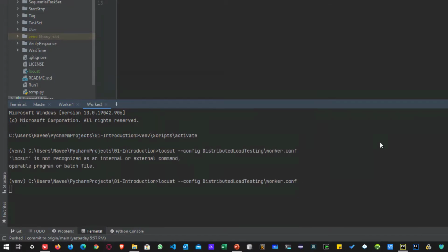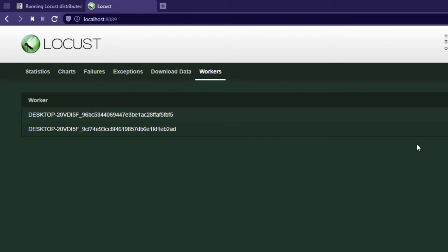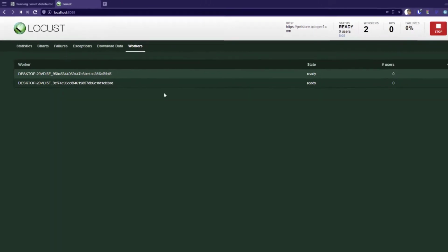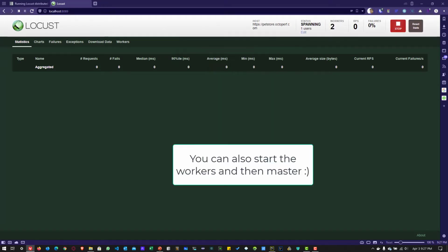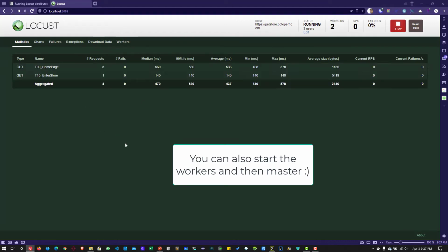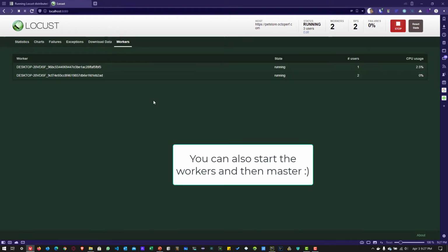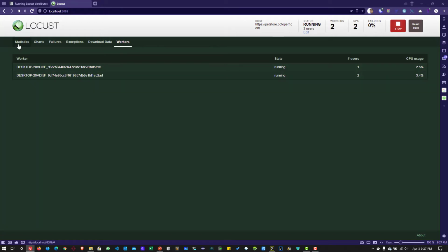So now if I go back to the web UI, inside the workers, you can see there are 2 workers. Now the test is not started successfully because we have to stop the test and start our test again. Now the test will start successfully because we have the 2 workers successfully up and running.